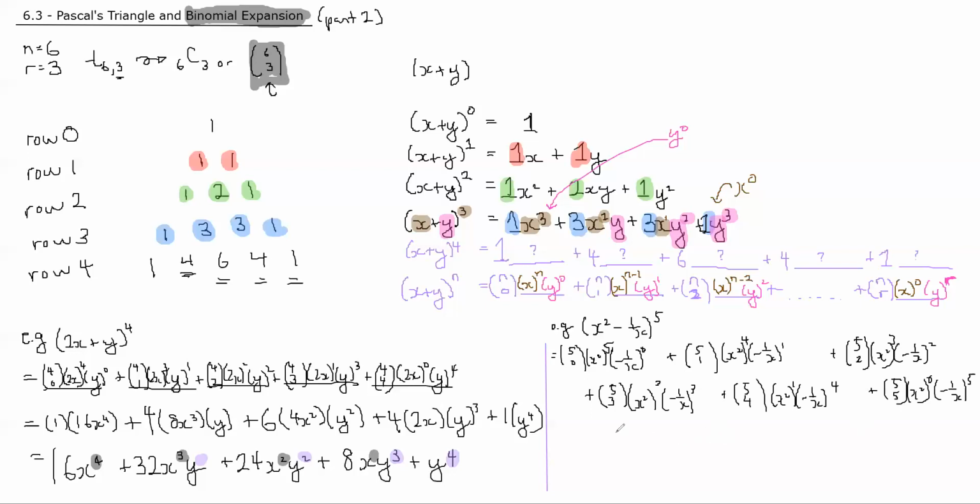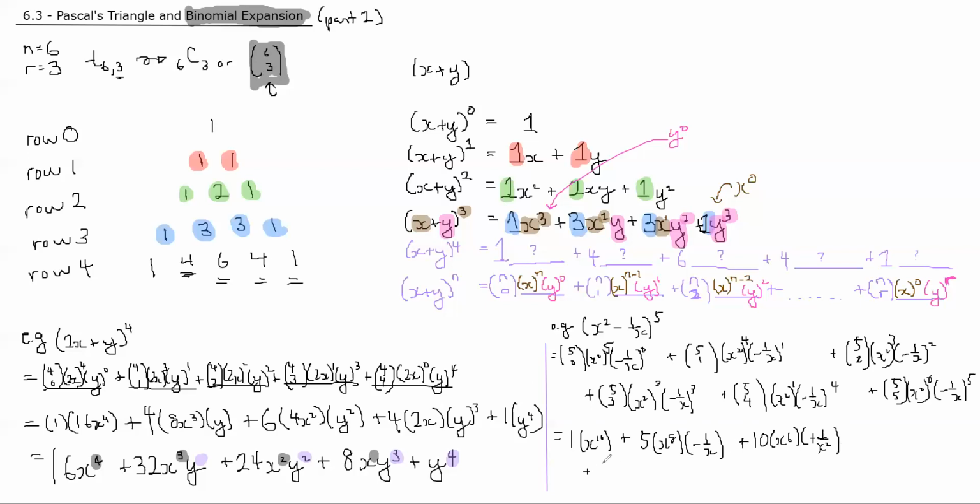The rest is you simplifying. I am going to do a little bit of mental math. You can pause the video now and work this out and see if you get the final answer. But for me, it's going to be 1 x to the power of 10. Let's see, that's a 5. X to the power of 8, negative 1 over x, plus, that's a 10. That would be x to the power of 6, negative, or positive 1 over x to the power of 2,